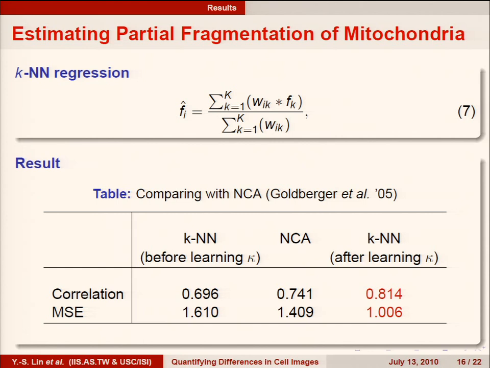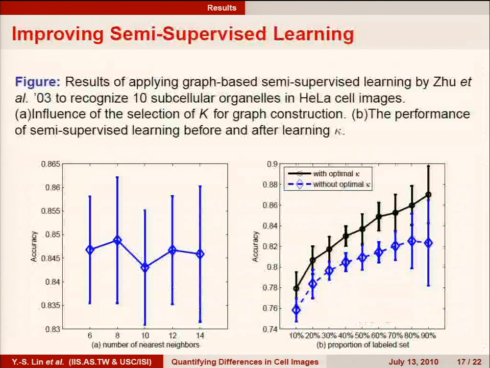And as you can see, the nearest neighbor without any further improvement has this mean square error, and after we apply neighborhood component analysis, the correlation is improved, but in our feature space using the nearest neighbor regression, the result is improved further. So this shows the effective transformation,